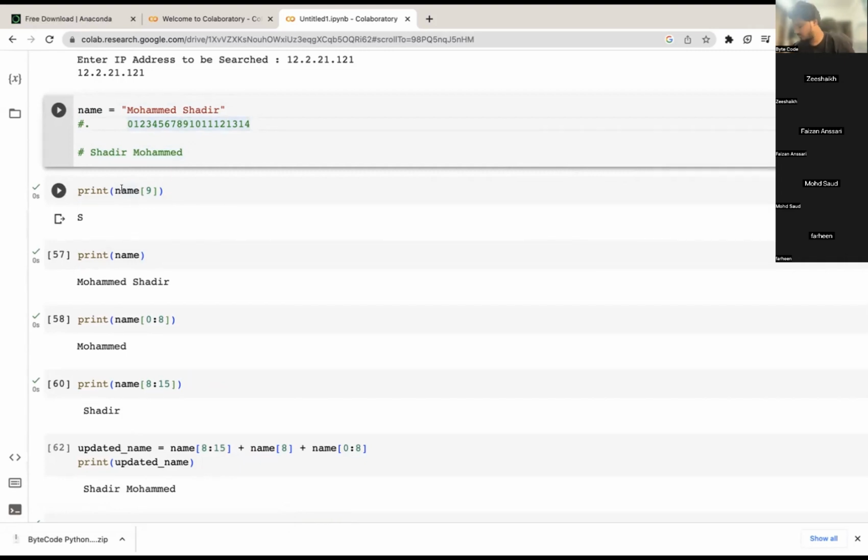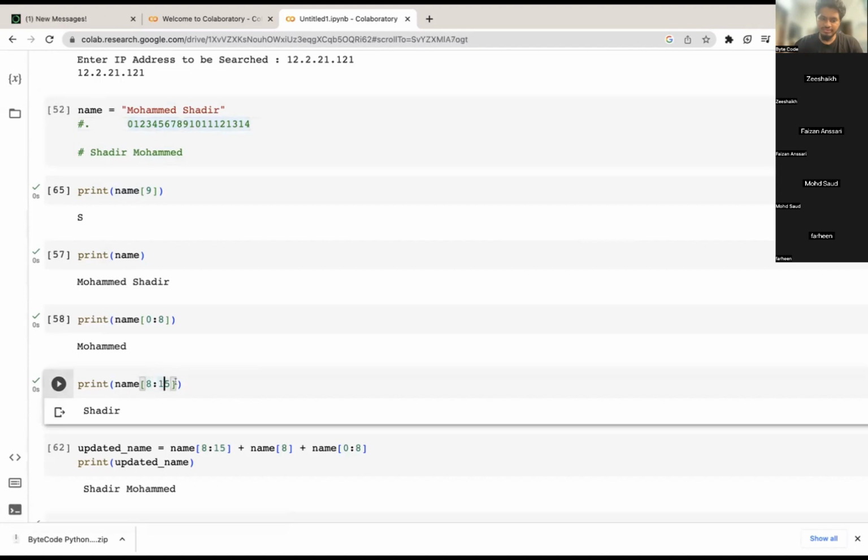Shadir, one question. Yes. Here, on code line number 60, you have typed 8 and then 15, correct? Yes. So it should include D as well, right? D is there, right?